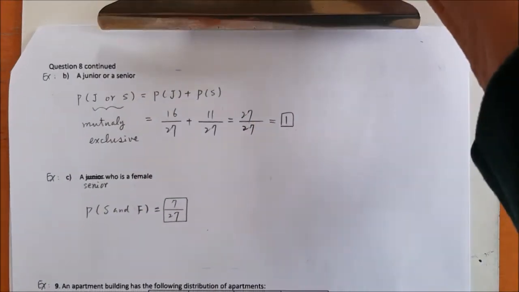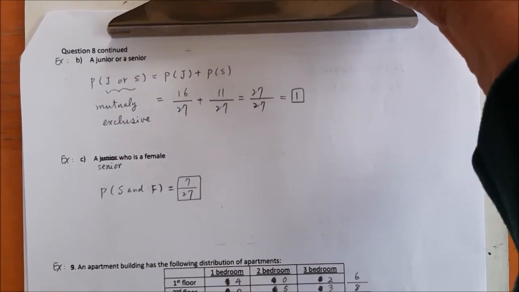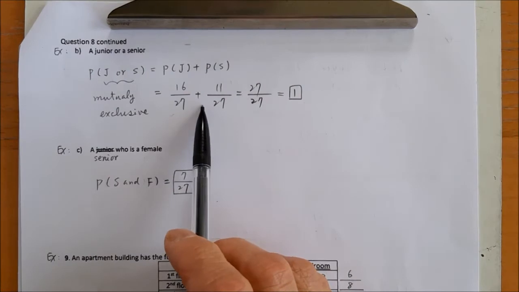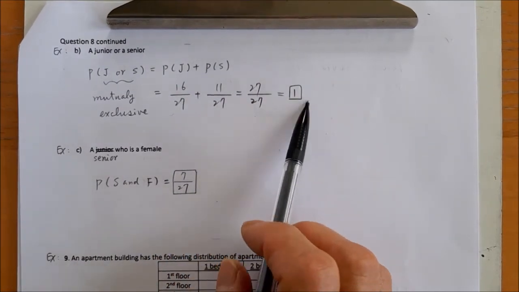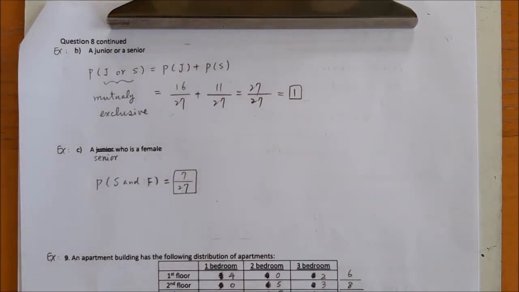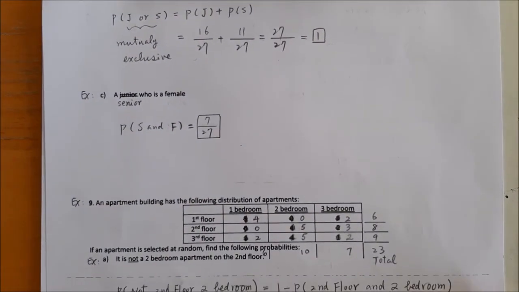So we got 16 out of 27 plus 11 out of 27. Add together is 27 over 27, which is 1, which is 100%. The probability to get a junior or senior is 100%, because in one class the students are either junior or senior, no others. And the C, a